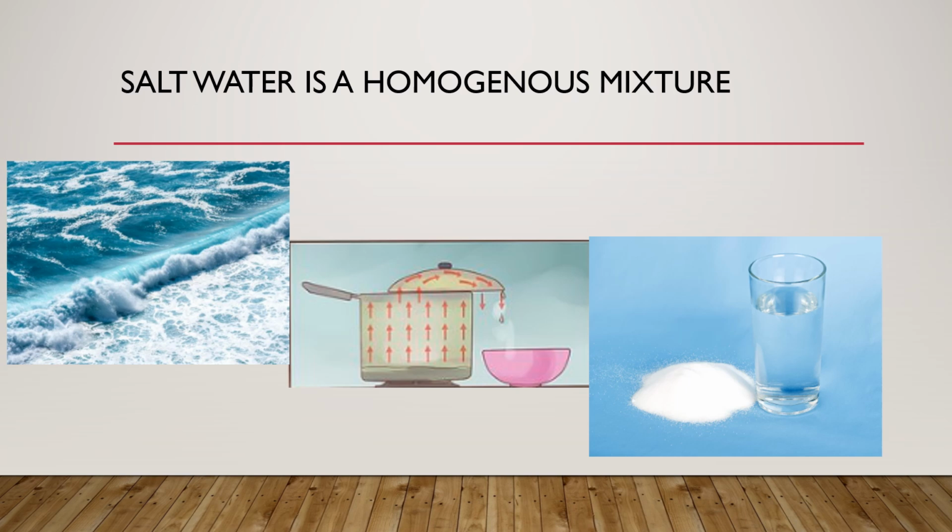To get the salt out of the water, all you have to do is boil it. Eventually, the water will all evaporate and the salt will be at the bottom of the pot. If you cover the pot with a lid, it is possible to collect all of the steam that comes off the lid. The steam will lose heat and turn back into liquid water that will drip down. You lost none of the ingredients of the salt water, you just separated them into salt and water. This process is called evaporation.